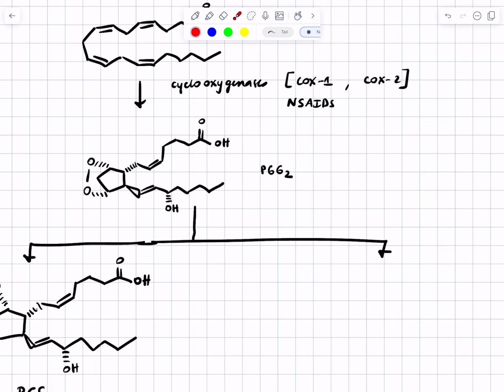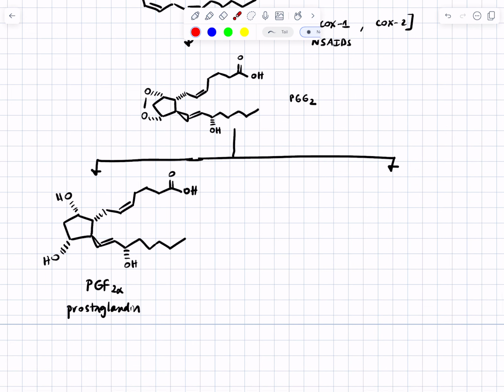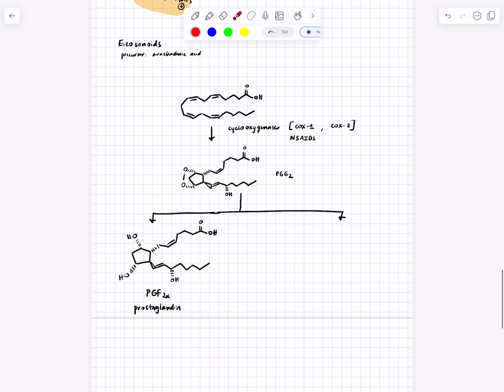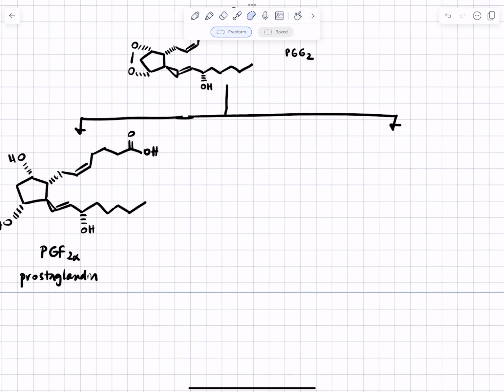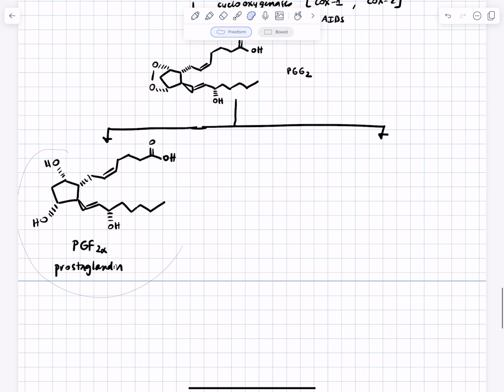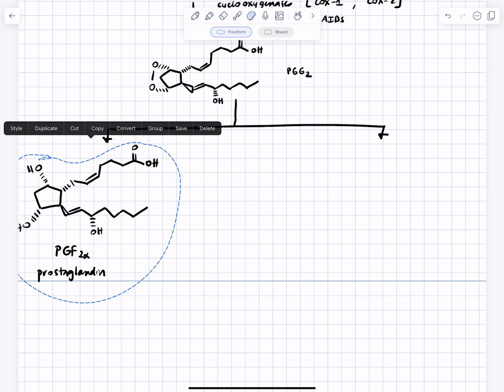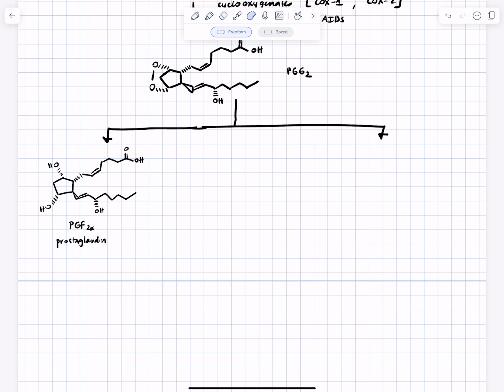Okay, there are a few others that fall into this category. Again, I just want you to recognize they're complicated structures, recognize that they all come from the same 20 carbon precursor. So this is an example of a prostaglandin. There are a lot of drugs that mimic prostaglandins that have specific uses, such as inducing labor.